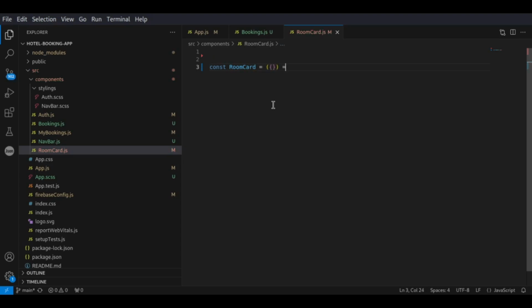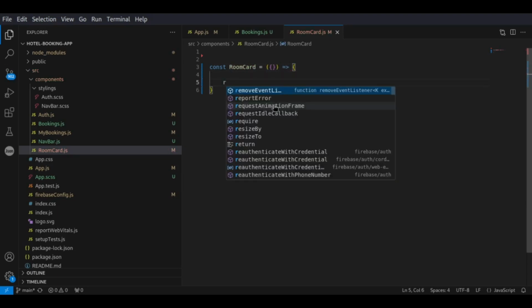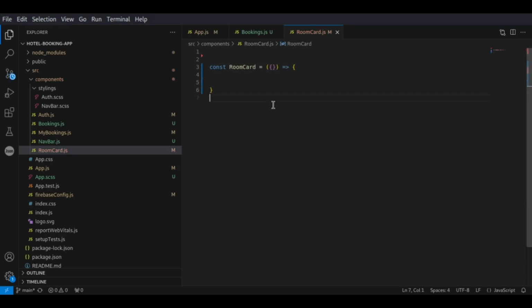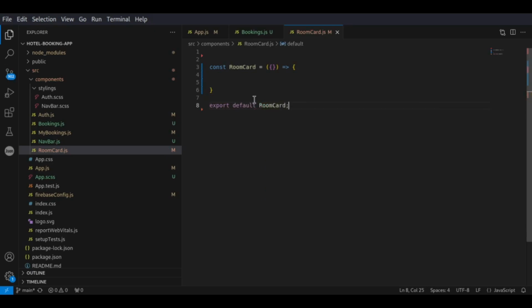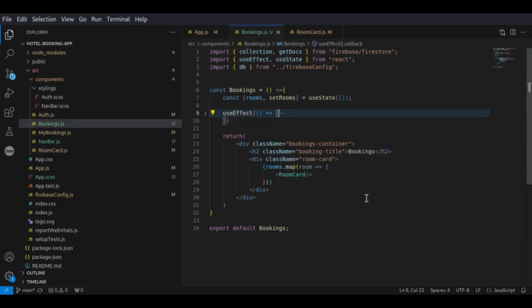Just let's call it in now. And then I think, I'm not sure, I think what we need to take in is the room, the selected room, and then set selected room,